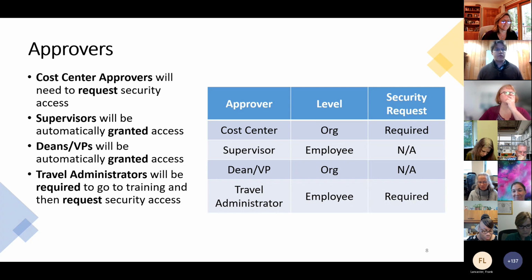There's only a handful of them, and then obviously, hopefully, they're only approving a very limited number of requests or expense reports. Travel administrators are also at the employee level, so each employee will have a primary travel administrator. Those folks will also have to submit a security request form, and we're asking that those travel administrators be set as a primary at the org level. So when you submit your security request form, you will say this travel administrator is the primary travel administrator for whatever org. And using the employee home org, we will get that person assigned to be the travel administrator for